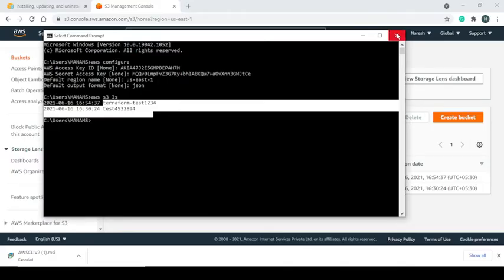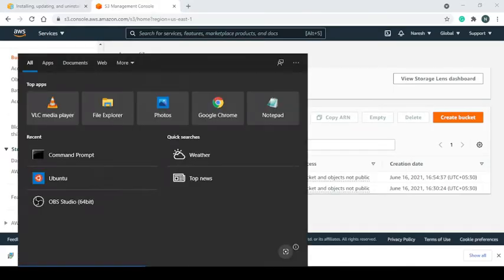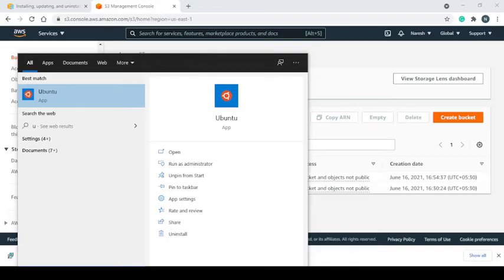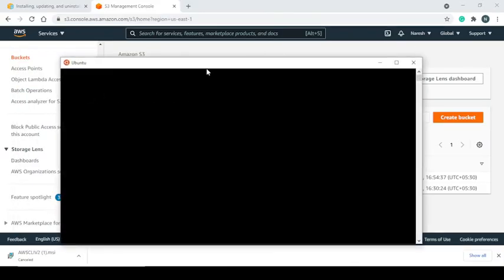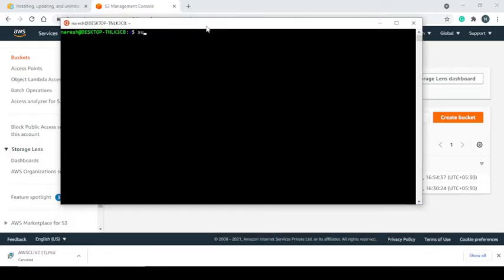Now we will see how to connect from the Linux machine. Right now in my machine I have an Ubuntu machine inside the Windows machine. So let me log in as the sudo user, root user. Okay. So let me check if the